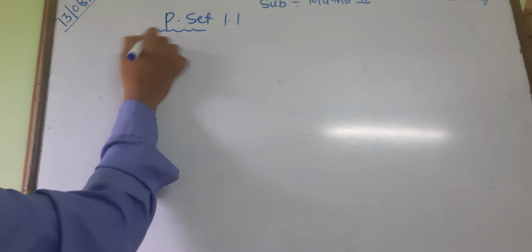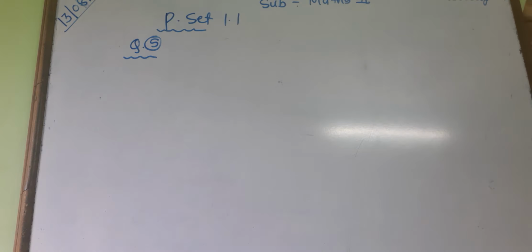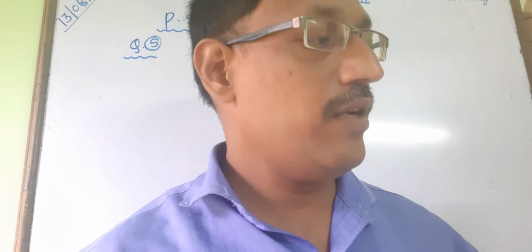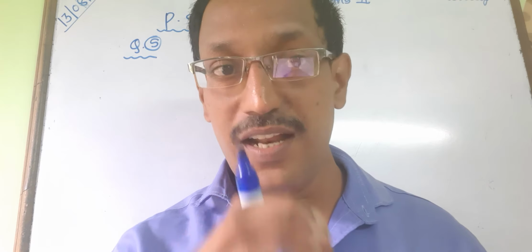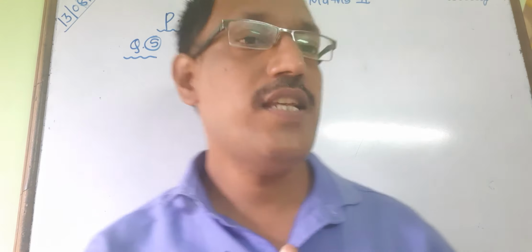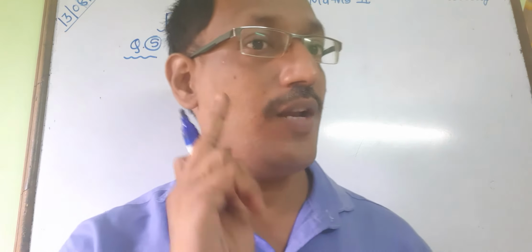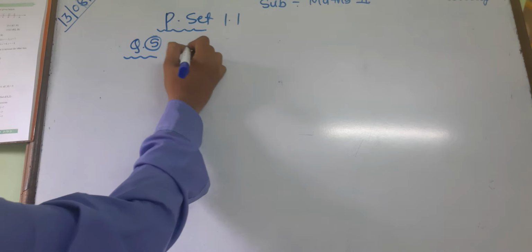We are in question number 5. Points x, y and z are collinear such that the distance between x and y is equal to 17, the distance between y and z is given, and find the distance between x and z. Students, here also betweenness is not there. So we have to consider all the 3 cases. So this sum is the same as the previous one. Understood? But I will explain it in short.